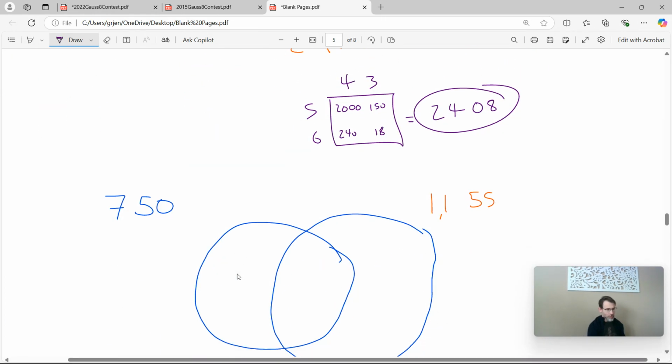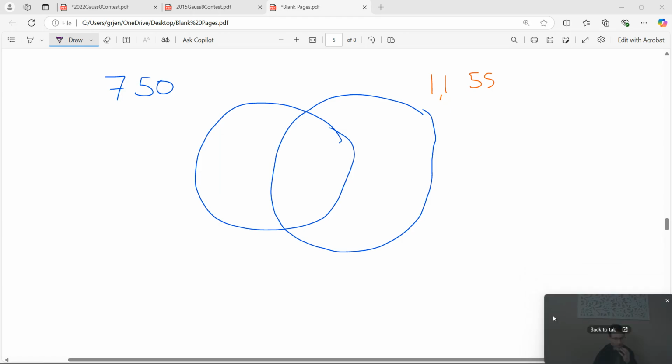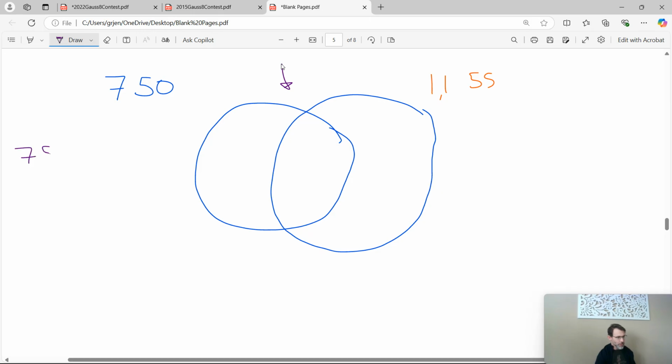Let's do another example, something like a few numbers that share a few more factors. I will rely on a calculator for some of this, but let's go. All right, first step, we've already drawn our Venn diagrams. So now let's go ahead and factor tree 750. I might note that it's divisible by 2, and that gives me